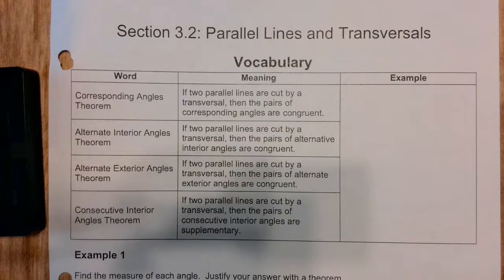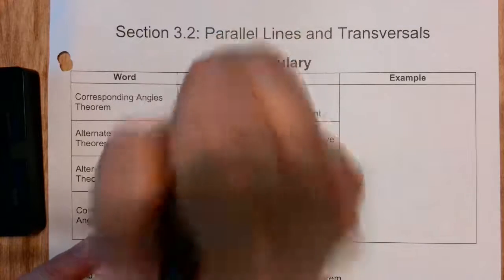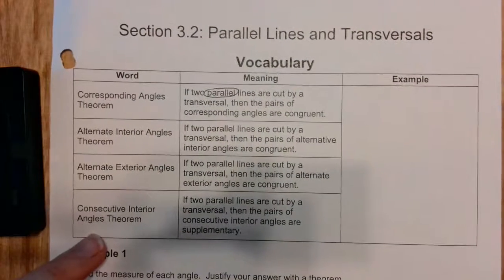Section 3.2, parallel lines and transversals. So in this section, we've got 4 theorems that we're dealing with. If you know these theorems and you know how they work, particularly the vocab associated, then it turns into a fairly enjoyable section usually. So the first one, corresponding angles theorem, says if 2 parallel lines are cut by a transversal,